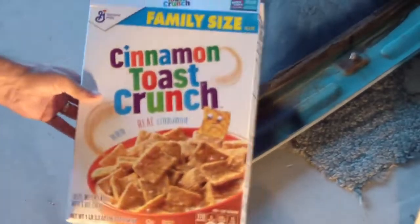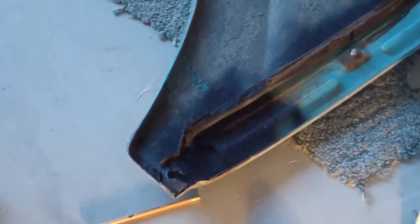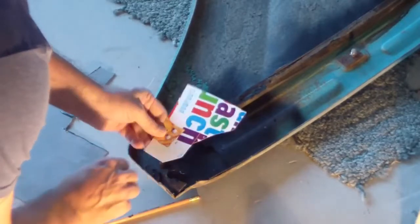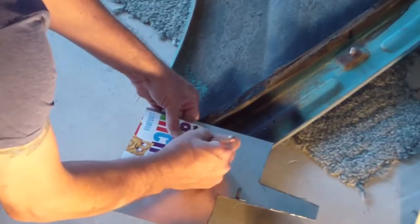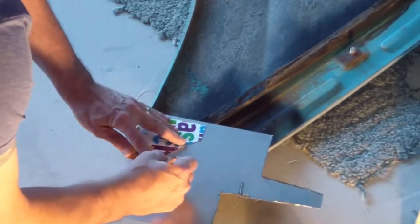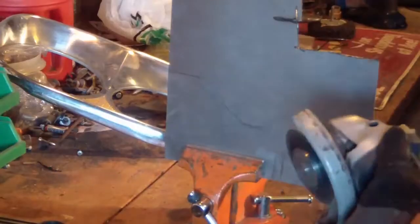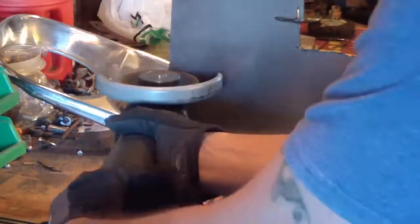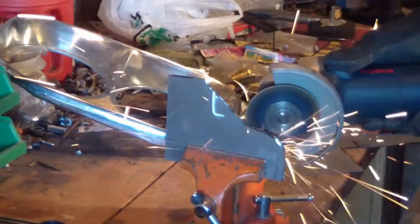This is not an endorsement in any way. It just is a good paper to use for making a template. My Cinnamon Toast Crunch